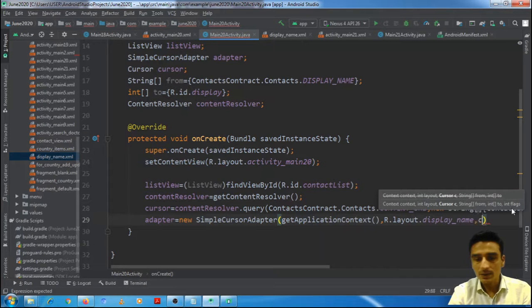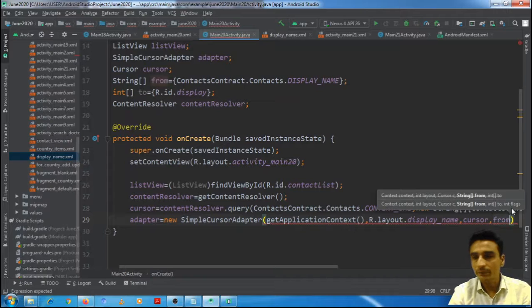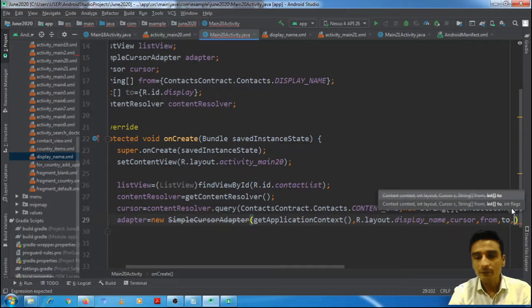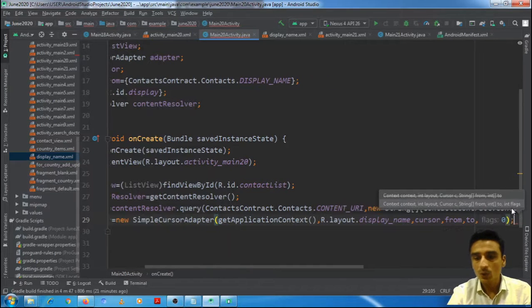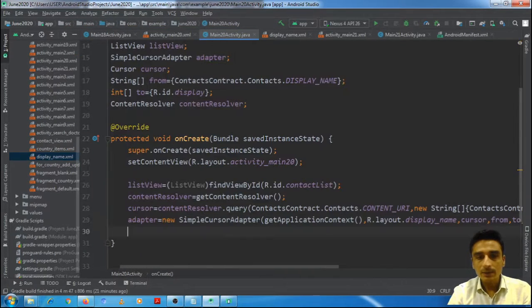Third argument is the cursor itself, fourth argument is from, the string array we defined. Again we have defined an integer array of IDs, that is 'to', and the last argument, flag, will be passed as 0. Once this adapter is defined, we need to set it to the list view with setAdapter.